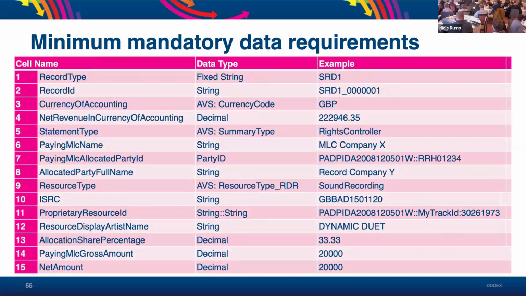So this brings me to showing that actually a message that is extremely long, because we had to flatten all of the fields from the previous format for the various records. But if you take out all of the columns that are for audiovisual, if you take the columns out for contributors, and you only want to send a message from a music licensing company to a record company, you really only have to populate those cells. These are the mandatory fields.